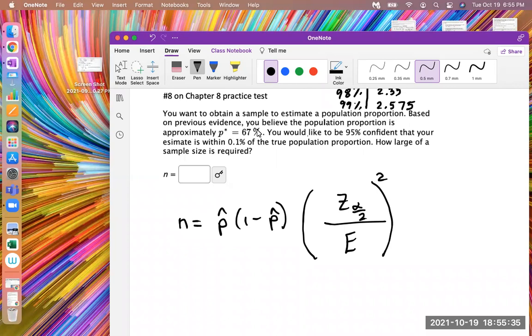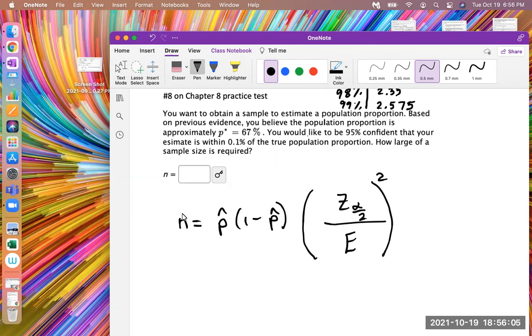Based on previous evidence, you believe that the population proportion is approximately 67%, so we're going to put that in for our p hat here. If they do not provide that, then you go ahead and put 0.5 in. If they say there's no prior evidence, then you put 0.5 in. What 0.5 does is it maximizes the value of n